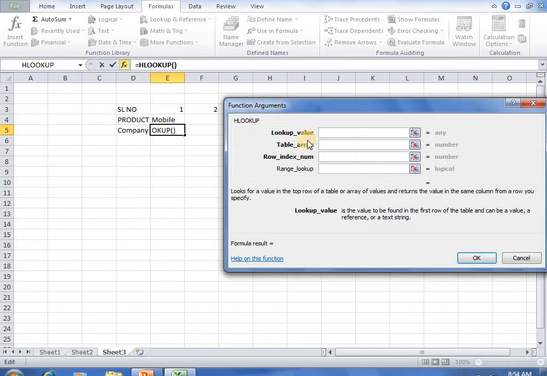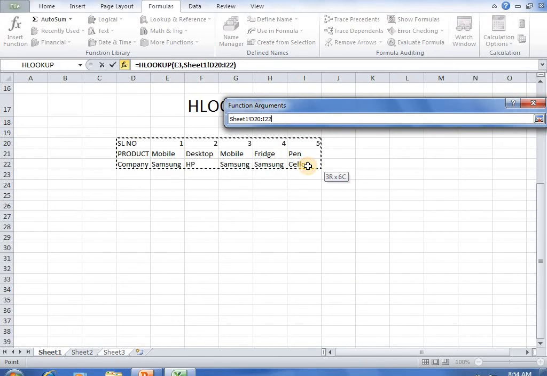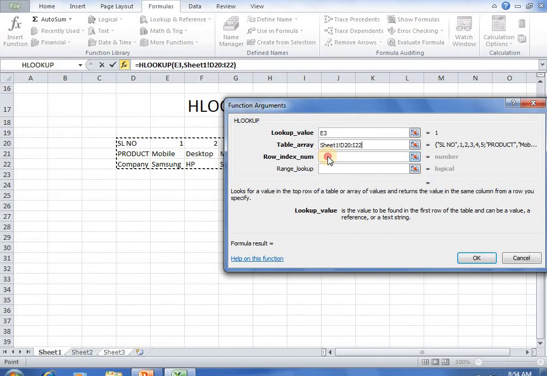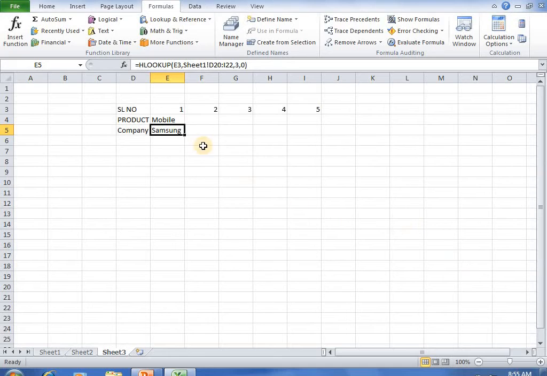In the same way we have to find the company, lookup and reference. HLOOKUP. Lookup value is 1. In table array we have to go to sheet 1 and choose the entire data, and in row index number we have to mention the row number as 3 and for range lookup value we have to mention 0. Okay.